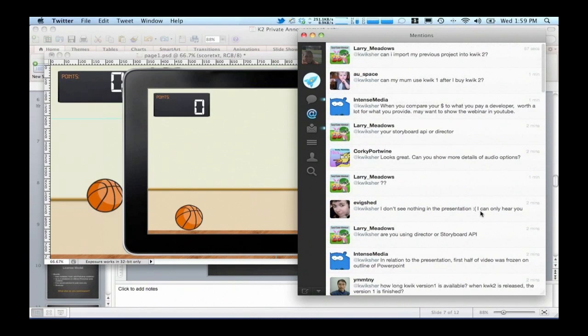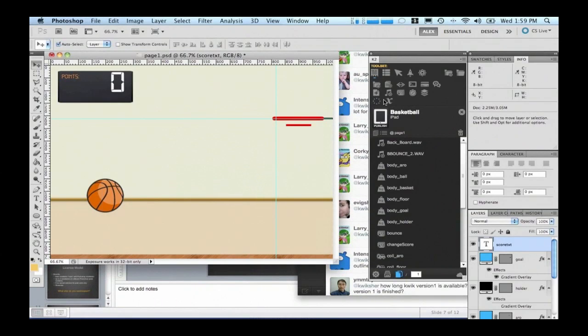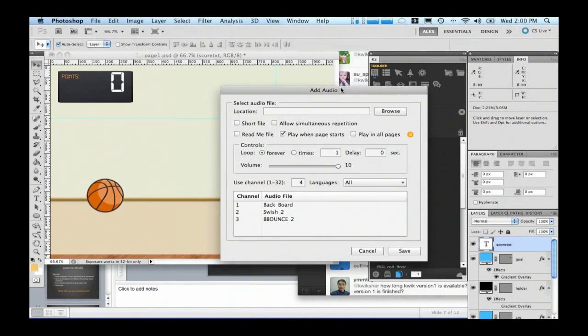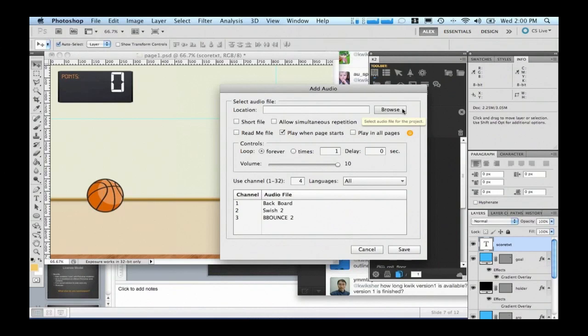What else? Audio options, if I can show more details. Yes, let's see here. As you can see, you have the same concept. You have the location of the audio. You define if it's a short file or not, if you are going to keep repeating it, if it's going to be a read-to-me file audio, and if it plays when the page starts or not. If you just have an audio that will be called later in the process, like in my example, just when the ball collides with the floor, I come here and say no, it's not going to play when it starts.